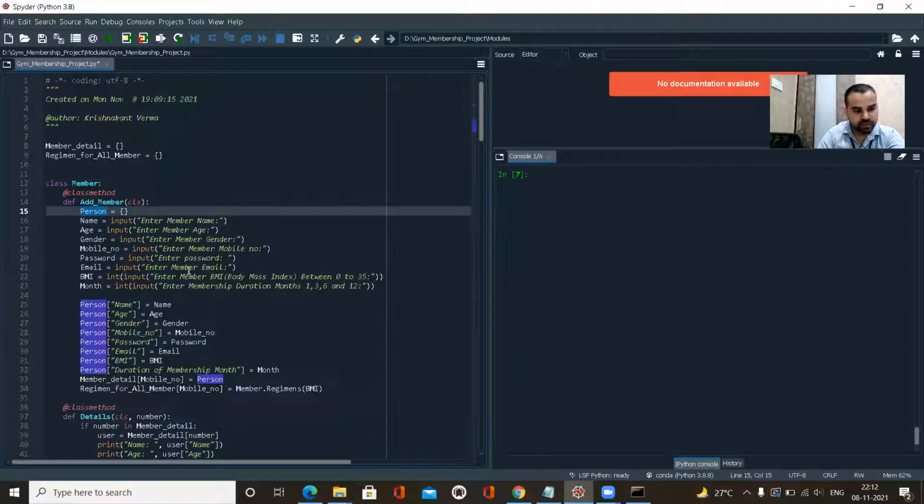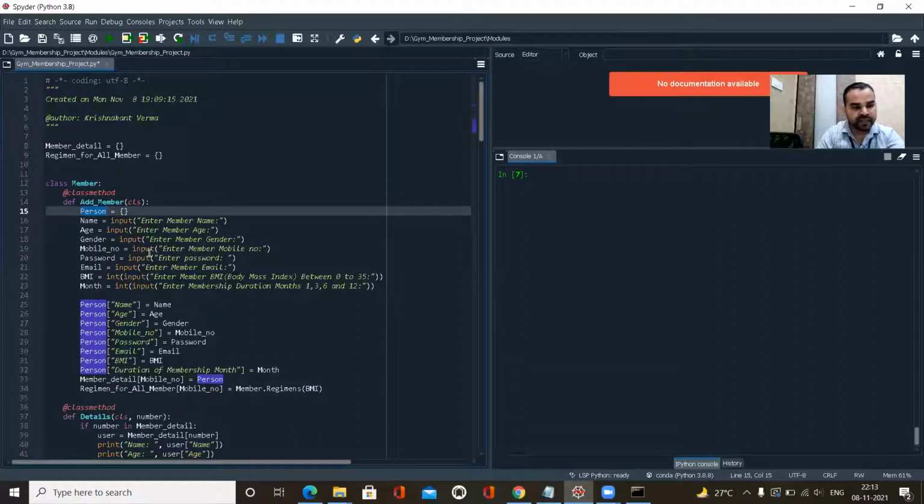Like here, you can see it's popped up. I've taken data like the name, the age, the gender, the mobile number, all that data. Accordingly, it's stored that data in the dictionary, and the dictionary is working well with that. I've stored all that data in a dictionary, and I've already explained how I'm storing data.